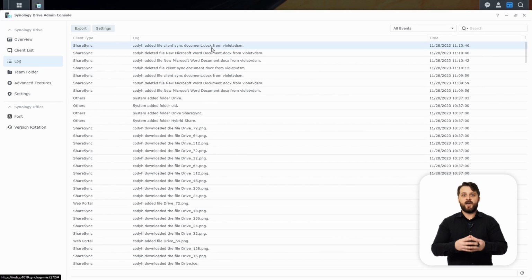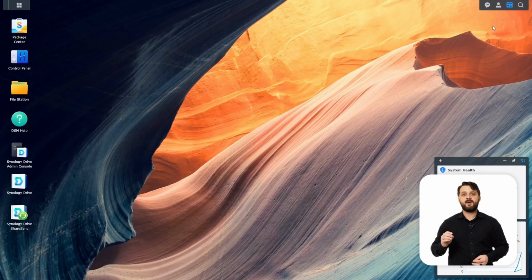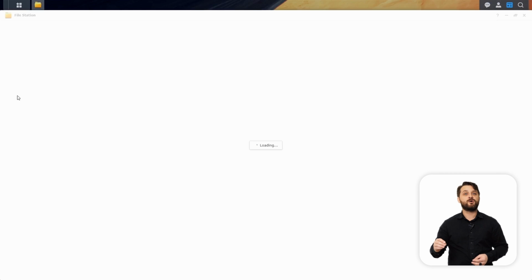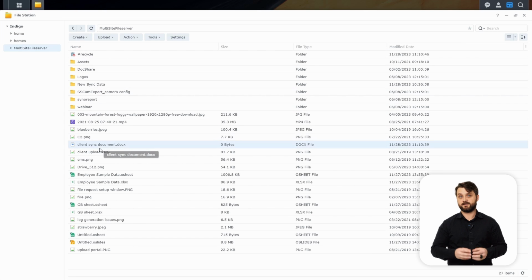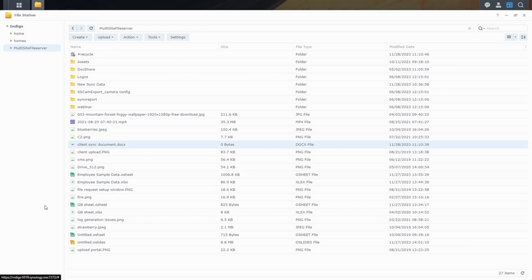So we had an endpoint PC syncing with a satellite office. You created a document on the local PC side that synced with one of the satellite nodes that synced back with the hub and then out to any other clients connected to it, showing that even remote workers can interact with this next generation file server.